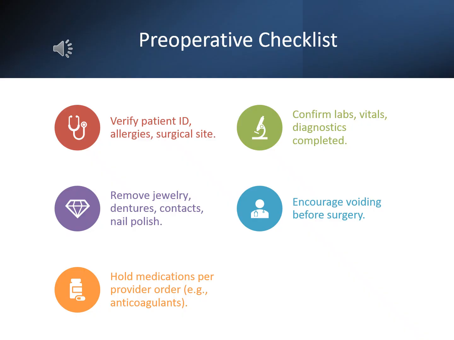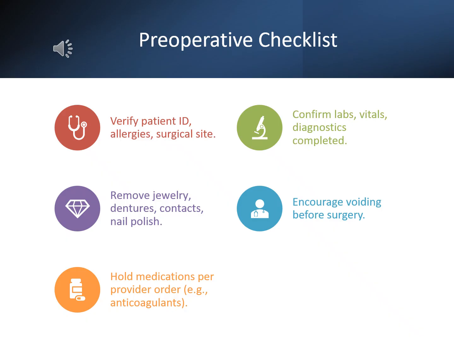Okay, so again, here's the little preoperative checklist, things that are usually done in the pre-op area. Usually we definitely want to make sure that we verify the patient, it's the correct patient. We've looked at any allergies the patient may have, especially related to latex or medications that might be used during surgery. We want to make sure that we mark the surgical site. So if they're having surgery on their left leg, we want to mark that so that everybody's aware of where they're having surgery. We want to have the patient informed during that, so making sure the patient agrees to where